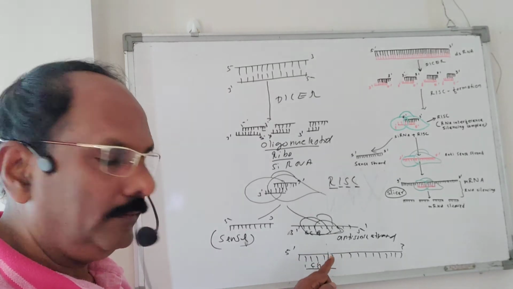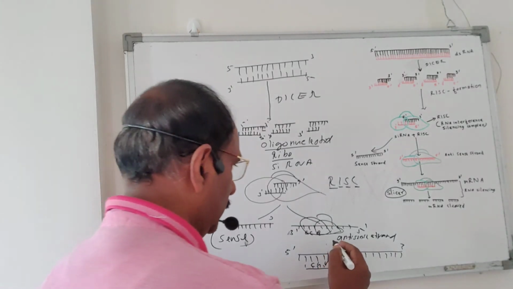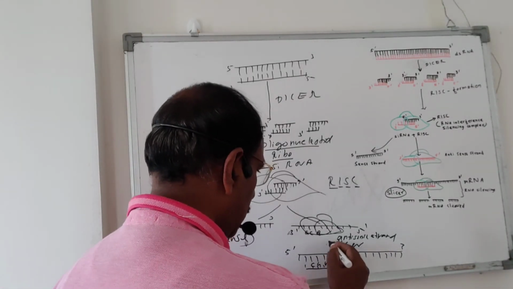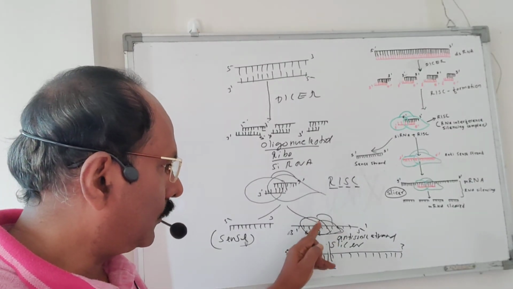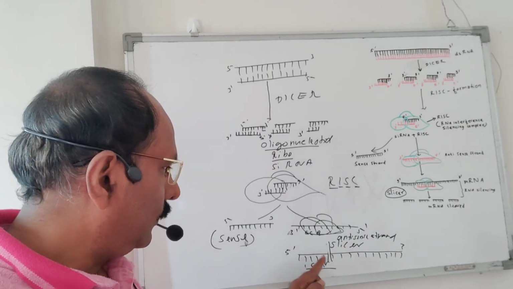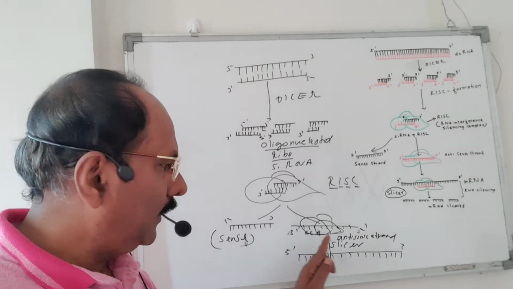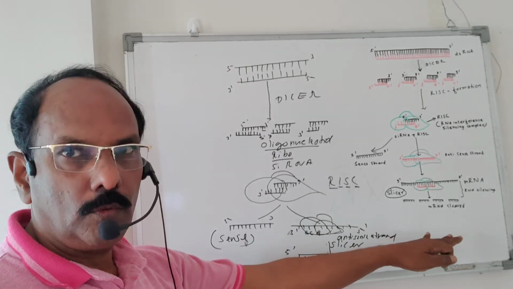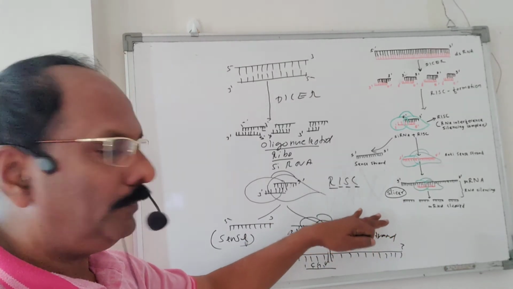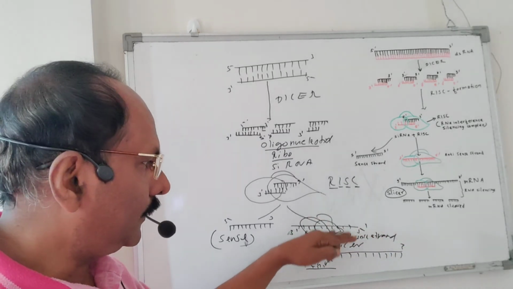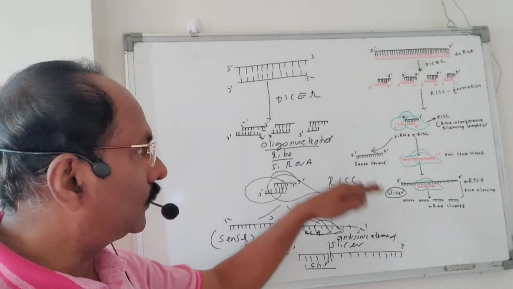The RNA will split because of a particular enzyme acting there, known as the slicer enzyme. The slicer helps to cut the mRNA into pieces. But the slicer works only after the antisense RNA and the protein complex attach to this mRNA. So when the mRNA is cut, the first part, the initiation codon, is not available. So this mRNA cannot be translated into a particular protein. That is what actually happens in the cell. So it is a mechanism of post-transcriptional modification. After the transcription is completed, mRNA is formed, and this mRNA is destroyed, so it is known as a